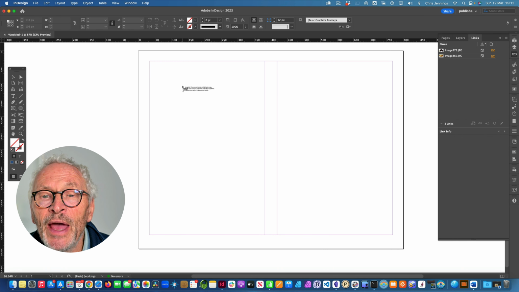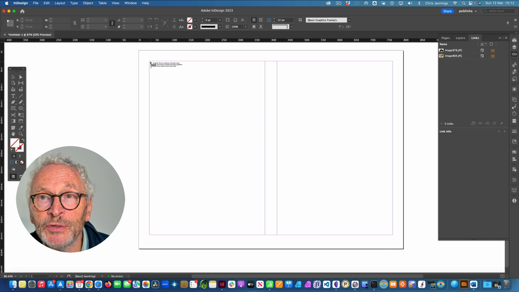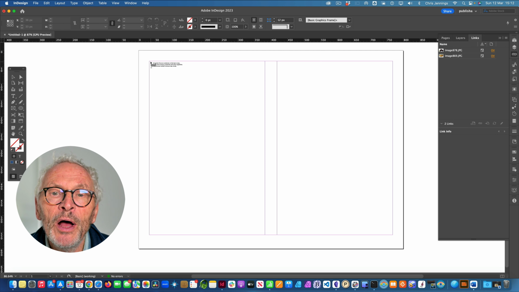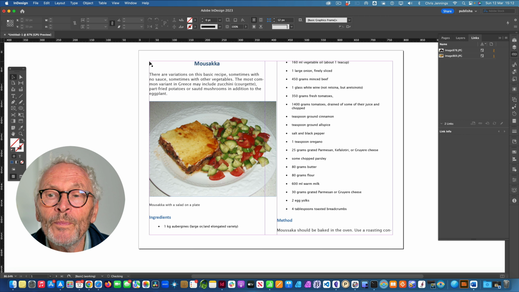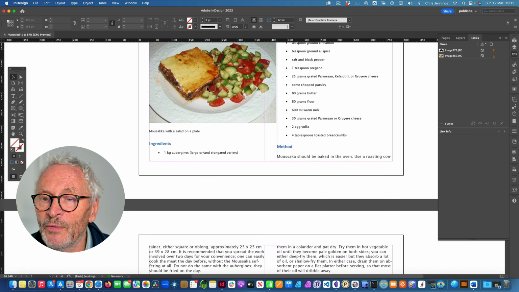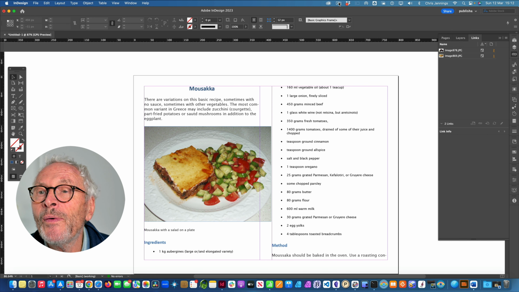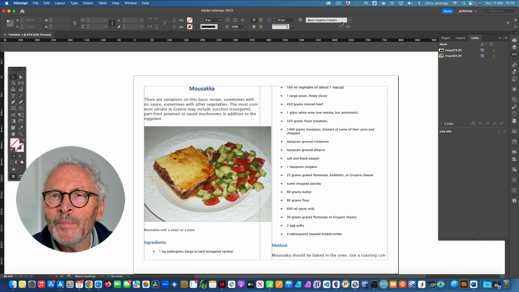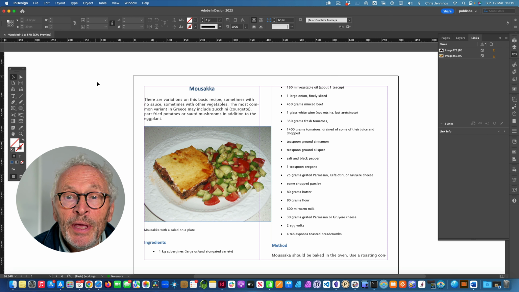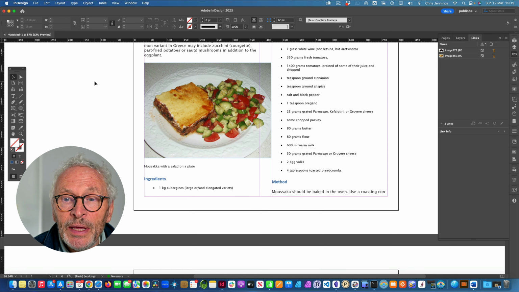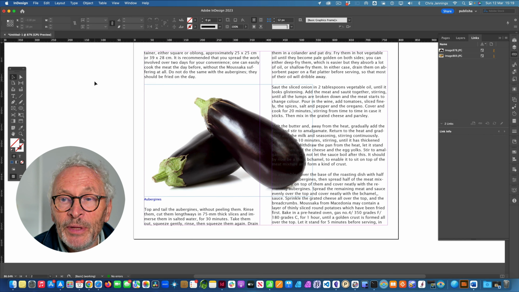Now, with the text on the cursor like this, I want to place it into the top left-hand corner of this text frame, but I want to press the Shift key down on the keyboard so that it does build extra pages if it needs to, like this. If we go along here, we can see that it's actually added pages in. So as you can see, we've got the first recipe into the document,